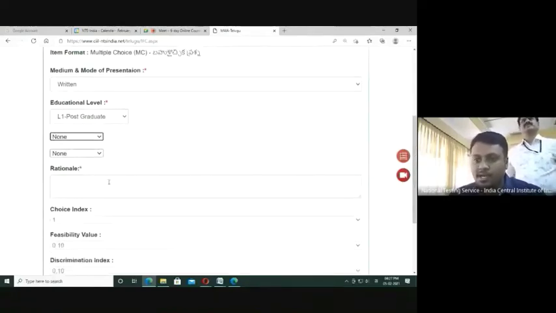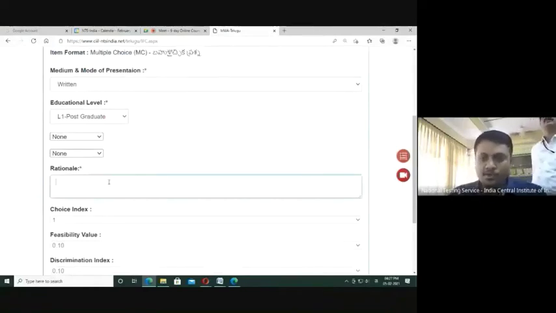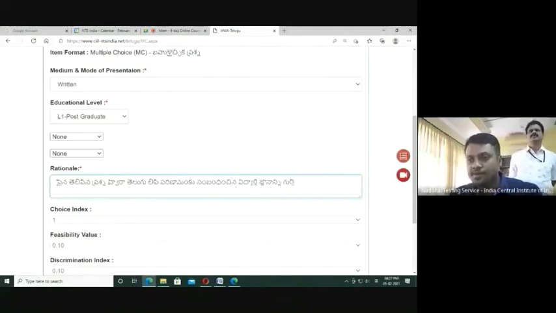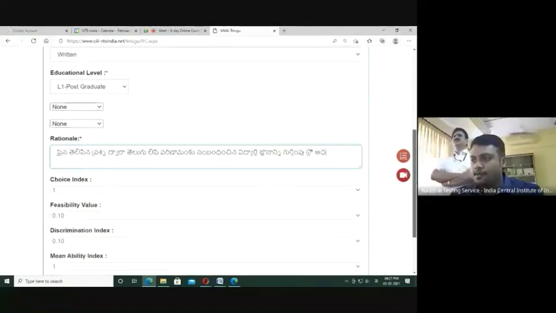Now the main thing is rationale. Rationale is also very important, as Reddy Garu said, the rationale also should be typed. The item writer intention and the rationale is very important for a question. So many can write the same question, but everyone's thought or their intention, their rationale will differ, and their level of education will differ. So this is how it is being classified. Okay, this is the rationale behind this question which is asked.